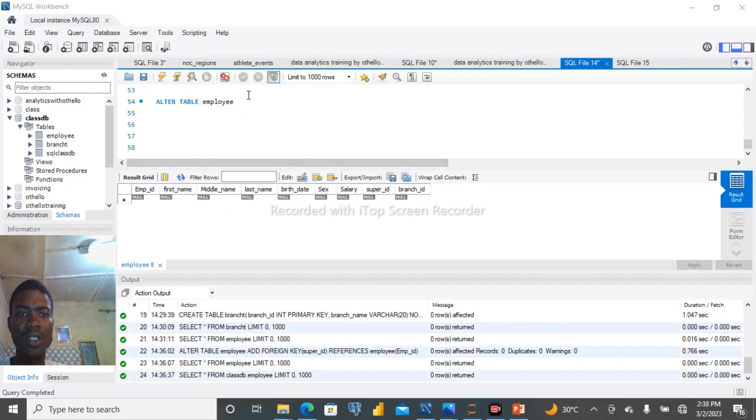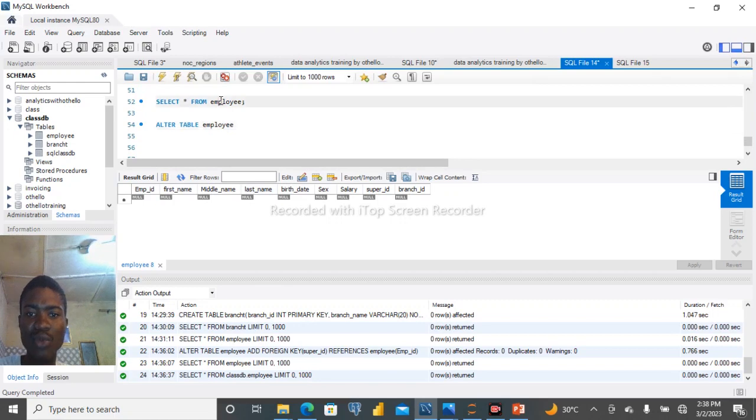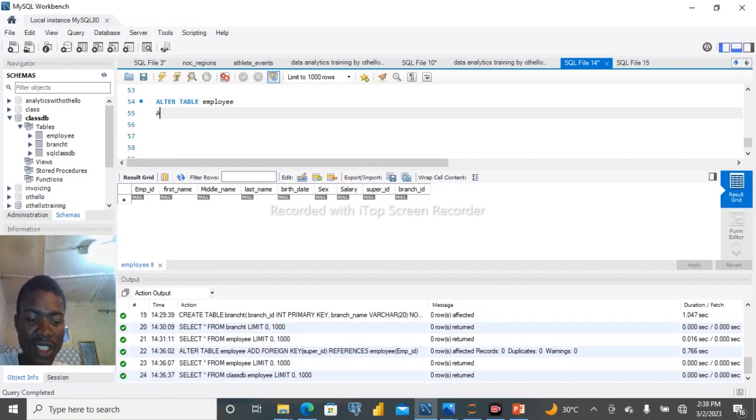Okay, so it's not going to be modify, it's going to be adding. So as I've said, since the super ID and the branch ID columns were created and were not made a foreign key, I need to add the foreign key, not modify, sorry. So then add a foreign key: alter table, then the name of the table, then add foreign key,